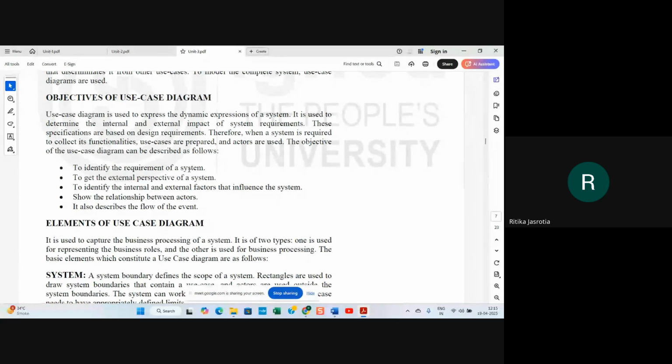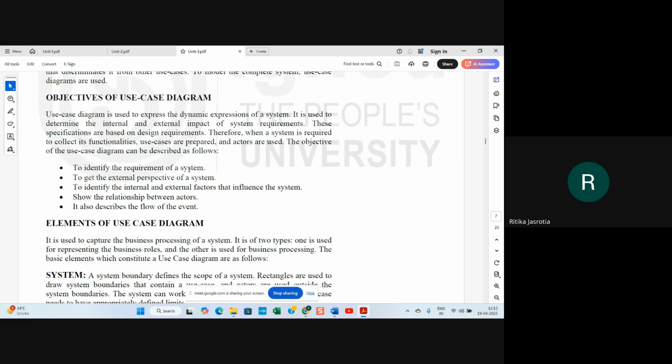Basically, use case is a diagram showing you the internal and external impact of the system requirement, right? All the requirements for the system will be shown in the use case. To identify the requirement of a system, to get the external perspective of a system, to identify the internal and external factors that influence the system, show the relationship between actors.